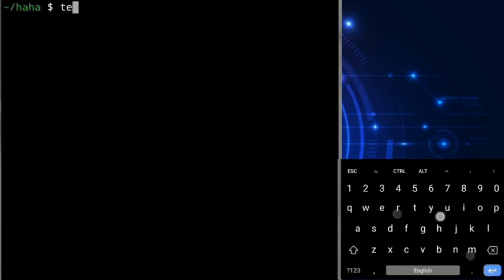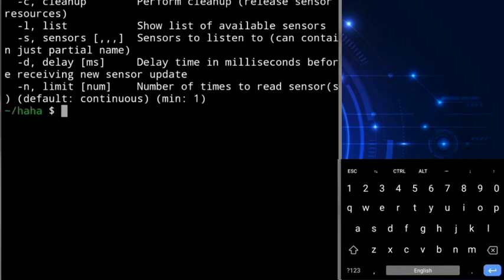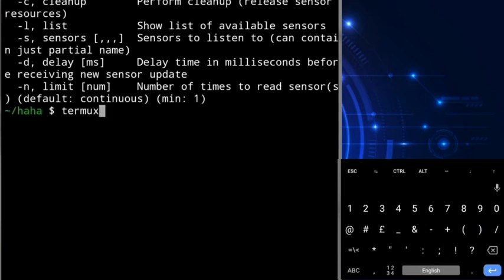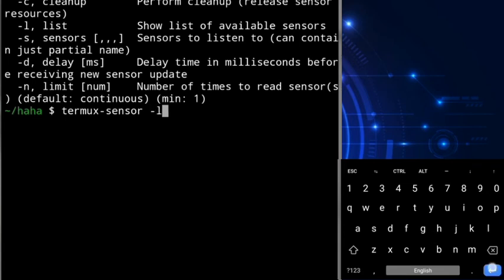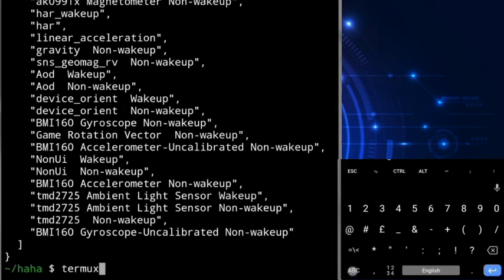You can also access your phone sensors within Termux. For that, type termux-sensor. And this will show the arguments that you have to give with Termux sensor. Like here, if I will type termux-sensor -l, it will show me the list of all sensors that are in my device. Same way, you can give different arguments with Termux sensor for various things.